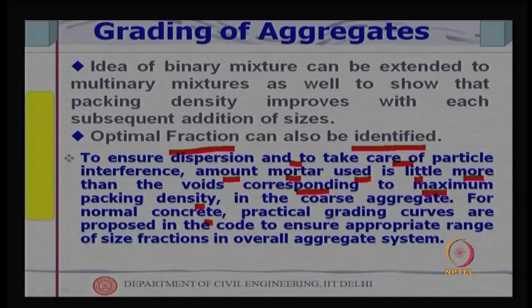For normal concrete, practical grading curves are proposed in the code to ensure an appropriate range of size fractions in the overall aggregate system. The grading system tells us what proportion of what size one should use. With the current concepts of packing density, perhaps one can determine this algebraically, knowing certain properties of the aggregates,